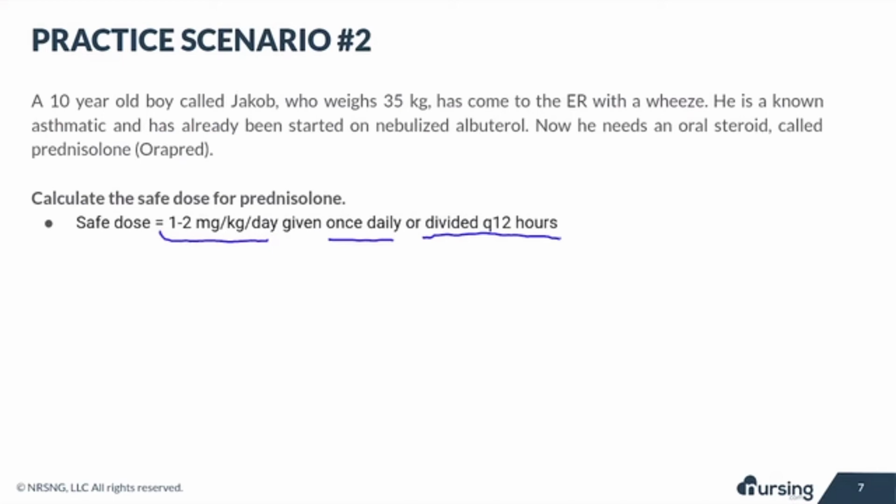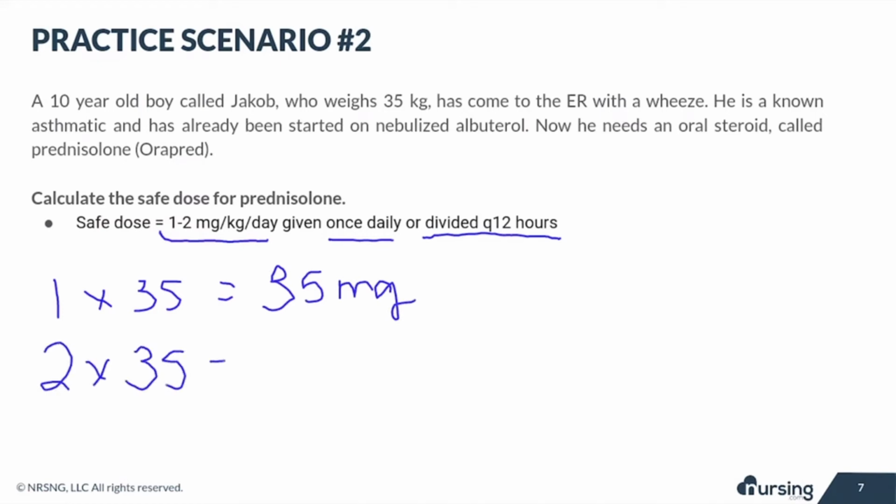So we're going to multiply 1 times the patient's weight. So our lower range of medication is he can have 35 milligrams. And then on the upper end, we're going to multiply by 2, and we're going to get that he could have 70 milligrams. So Jacob can have anywhere